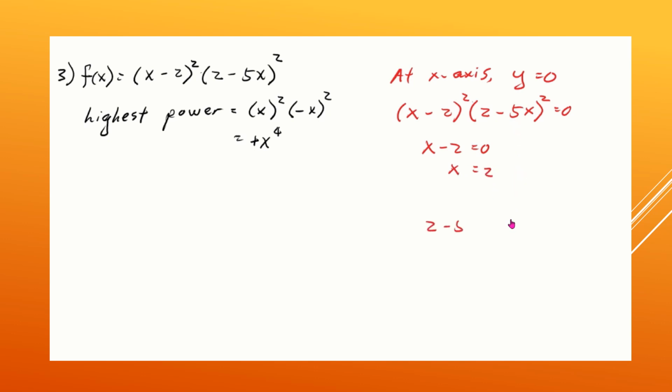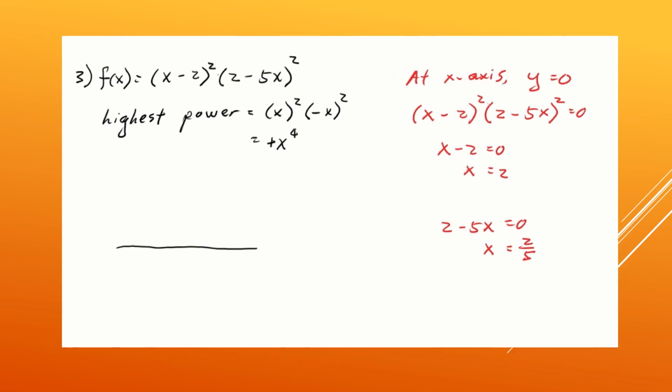From the second factor, 2 minus 5x, we get x is 2/5. Now we label the x-axis with the values of x. We start from 2/5,